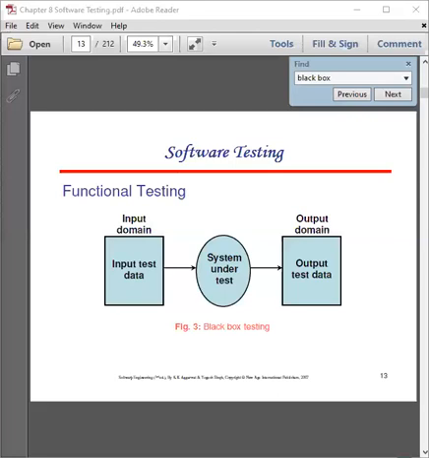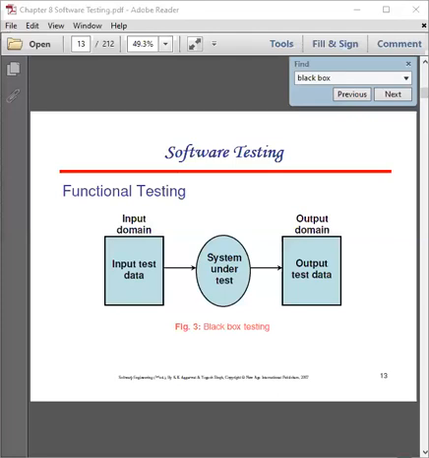For example, a tester without knowledge of the internal structure of a website tests the web page by using a browser, providing inputs, clicks, keystrokes, and verifying the outputs against the expected outcomes.